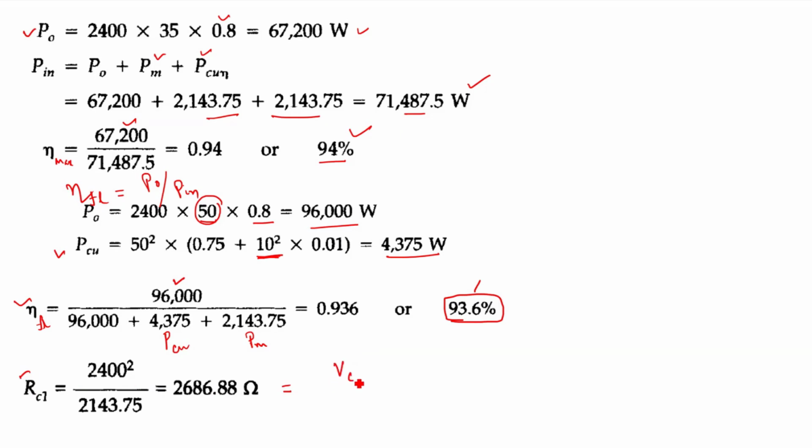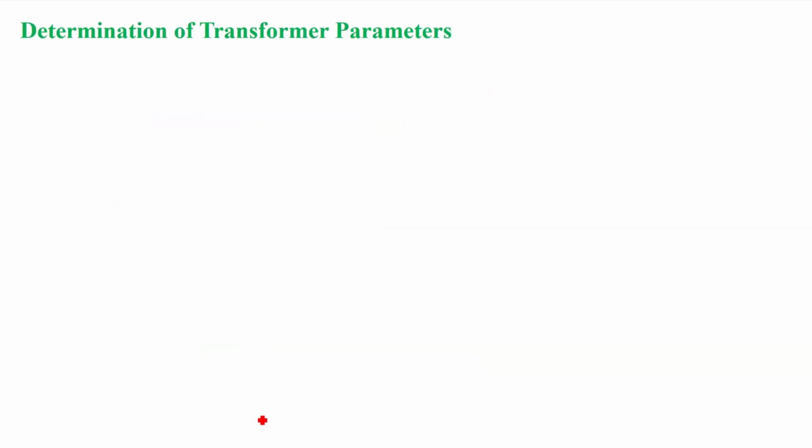R_C1 is nothing but V_OC, or V1, you can say V1 by I_C, the current passing through the core loss resistance, right? And I can write this as V1 square by P_C. P_C is your core loss or magnetic loss component. So P_C is nothing but 2143.75. Just by substituting the values, I'll get R_C1 as 2686.88 ohm, right? Okay, so up to this we have covered the voltage regulation and the criterion